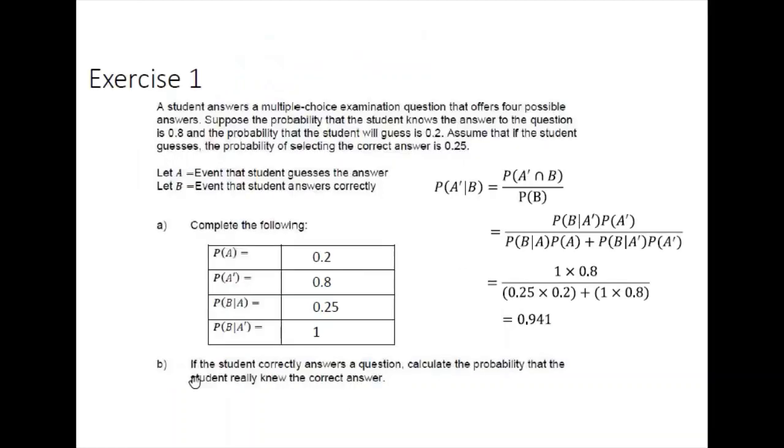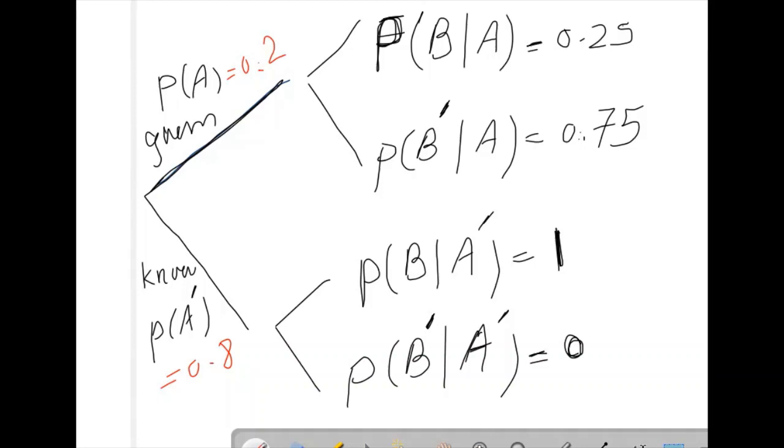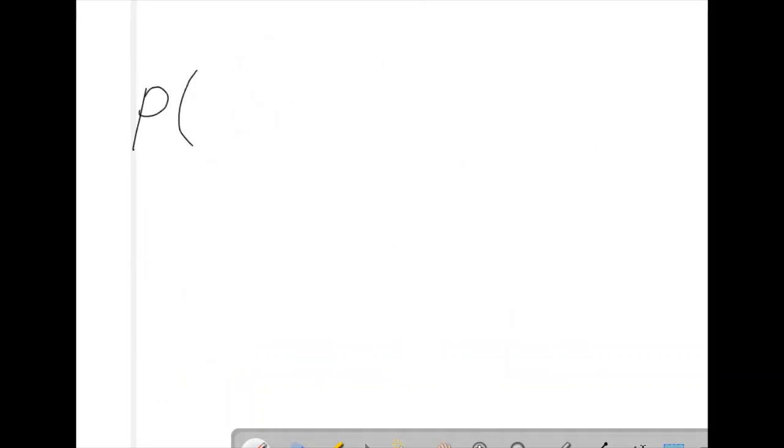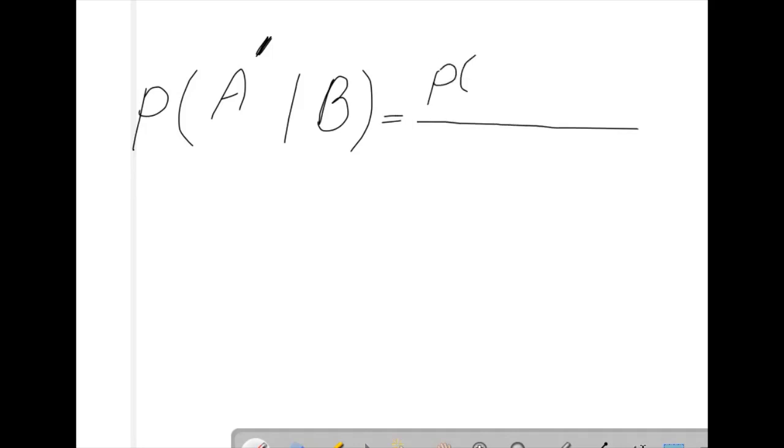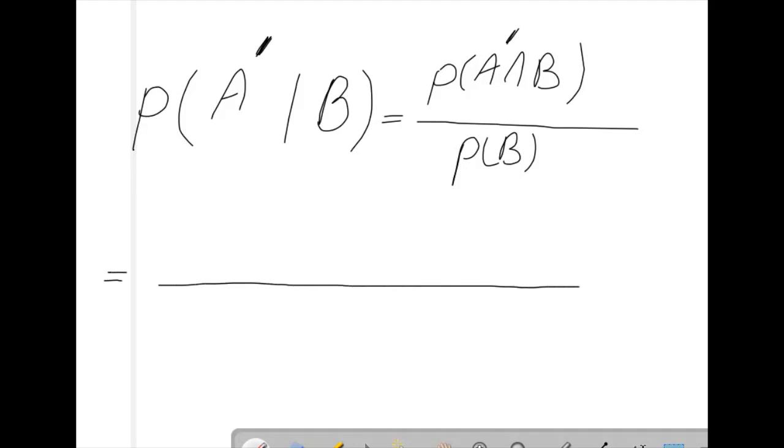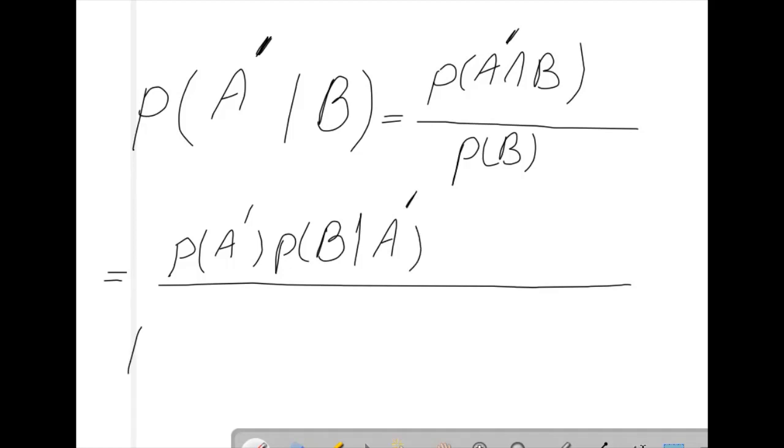Now we are going to solve the question. If a student answers a question correctly, calculate the probability that the student really knew the correct answer. So if a student answers correctly, the probability that the student knew the answer is the probability of A given B, and here is the probability of